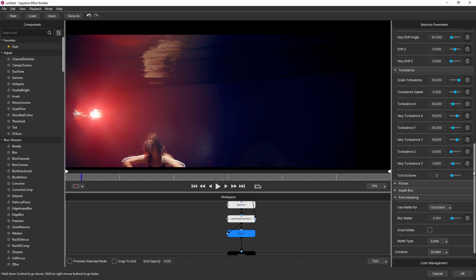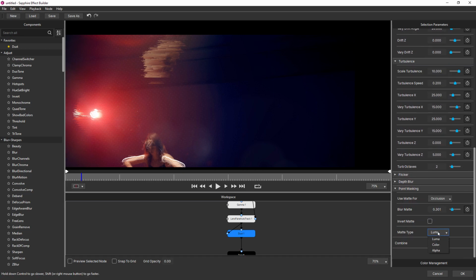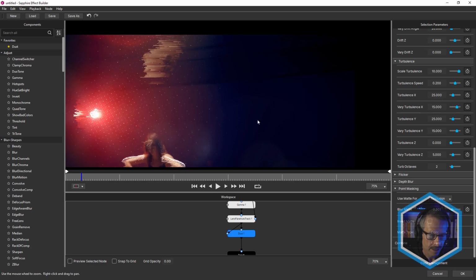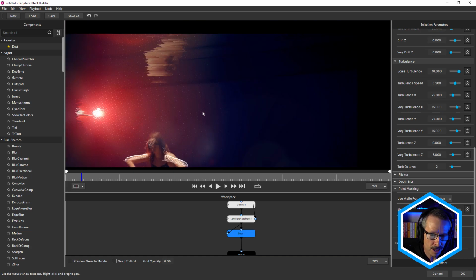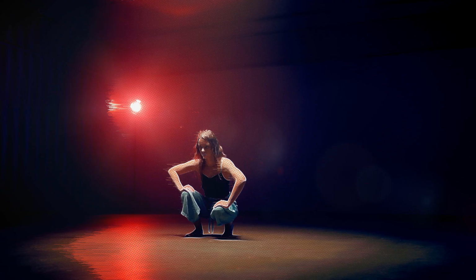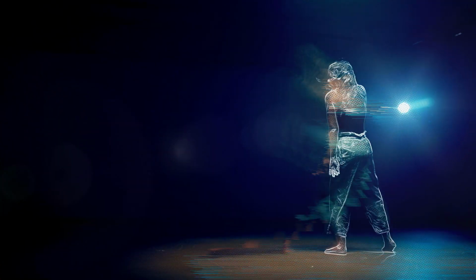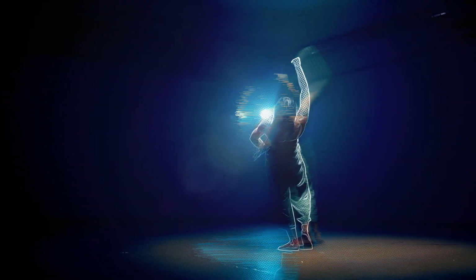You can't see it at the moment, but if we change the matte type from Luma to color, it's only very subtle, and you may not even notice it on the video recording, but we're now borrowing the color from the background. And remember, the background is everything from the source all the way up to Lens Flare Auto Track. And once again, here's the final look. So you can see how combining time effects with different Sapphire effects inside the builder, you can really enhance a shot like this.